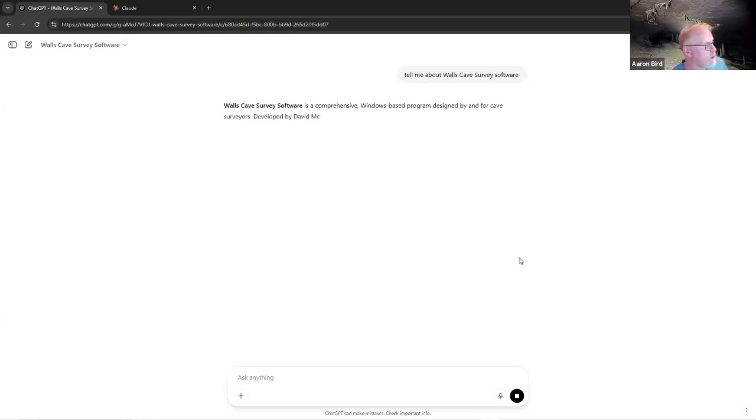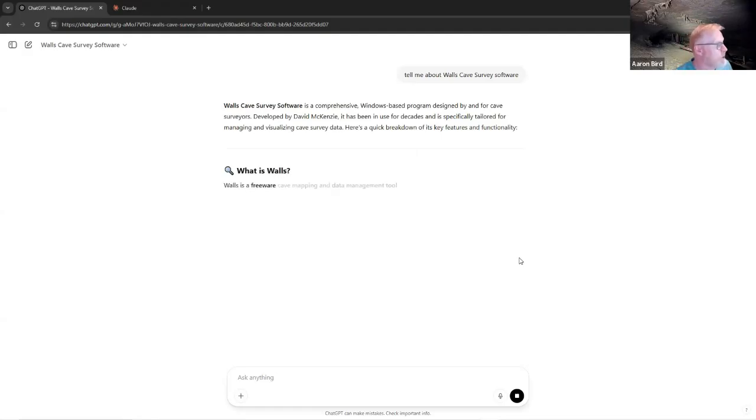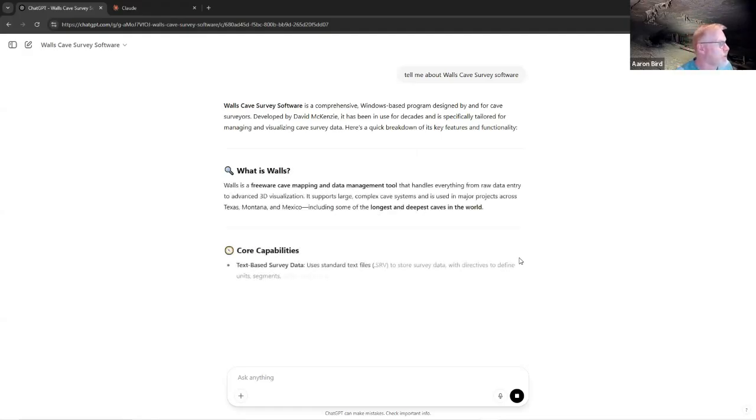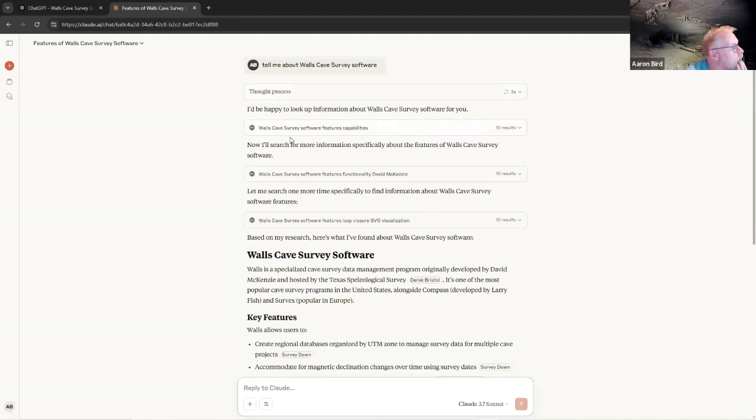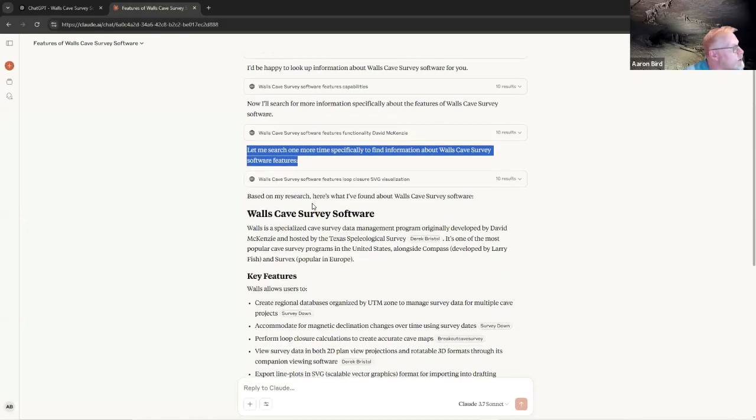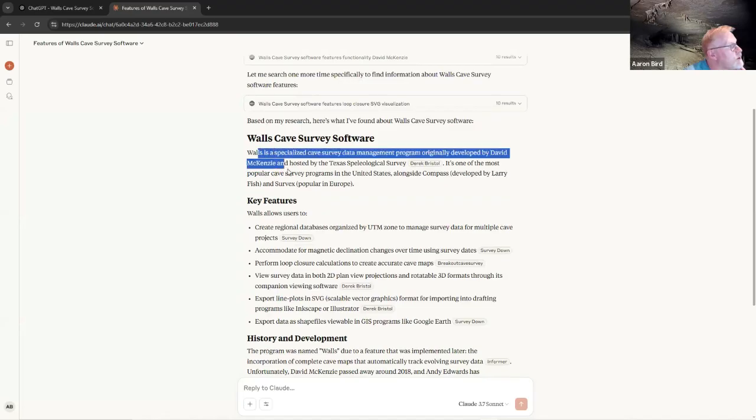But if you're going to use Walls, I would recommend that you preload some of the files that you can get information from about Walls or Compass or whatever into one of these GPTs. And it's not that hard to do. You will have to spend a few minutes working through it. And so I'll search for more information. It's searching the internet,